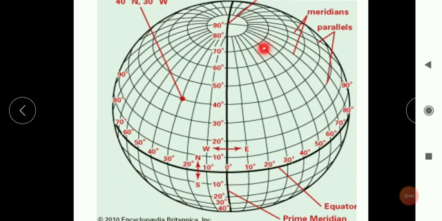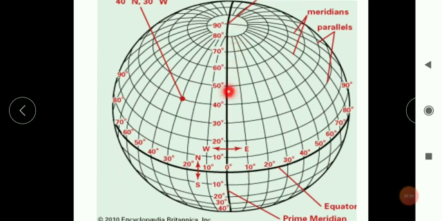But what about these meridians or longitudes? See, the way we have drawn the equator here, we have also drawn the prime meridian here. And what is the other name for this prime meridian? It is the 0 degree meridian. So just like the equator, we have also divided these angles like 10, 20, 30, 40, like that, isn't it? So actually how many meridians can we draw on the globe?